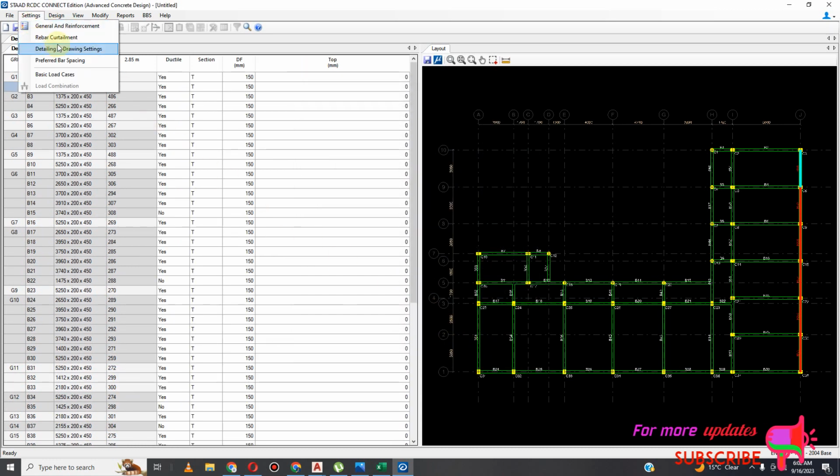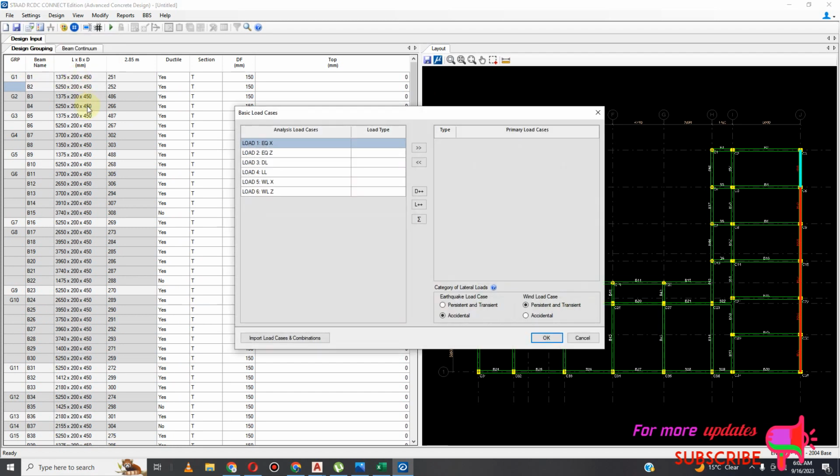Settings, and go to basic load cases and include all the other quicks. X, other quick Z, and also